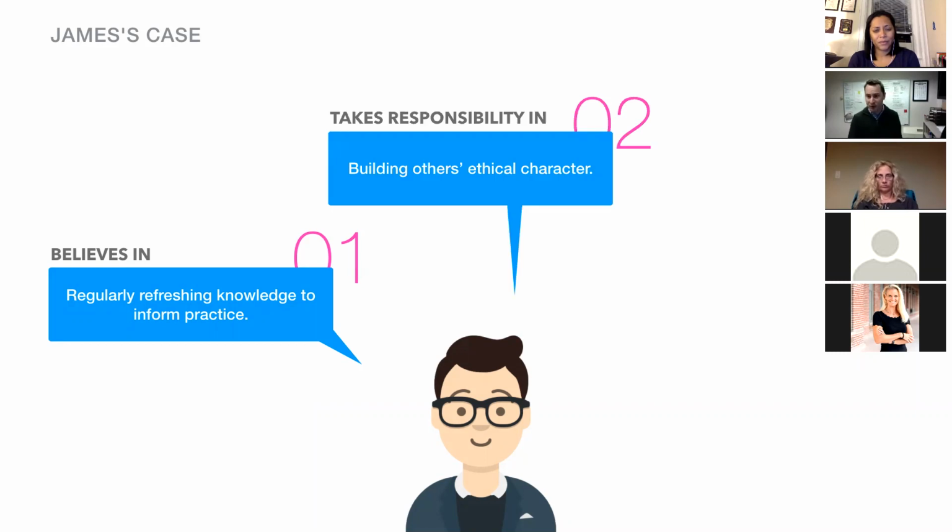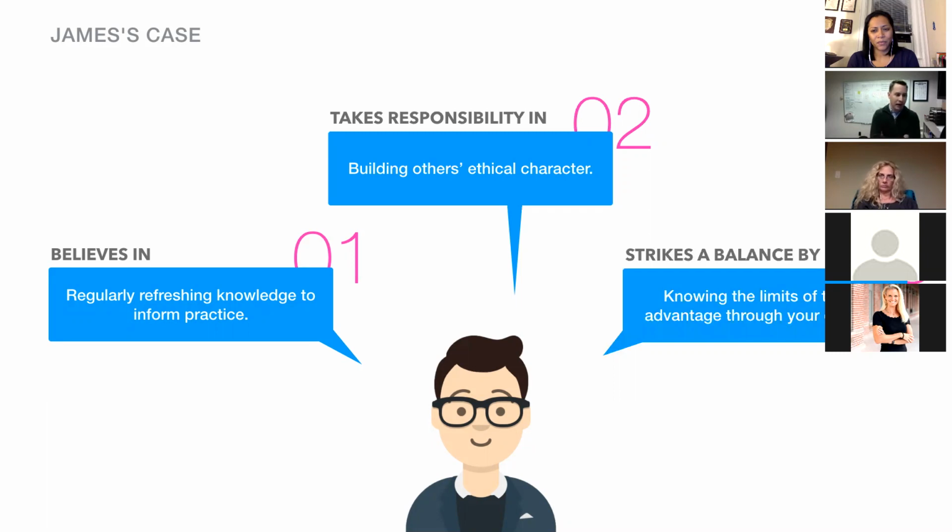He, as a manager, felt an immense responsibility towards the young designers within his team. And so his goal, he felt, was to build others' ethical character. Obviously, he wouldn't frame it in that way, but he saw that as a very important component of his work. And he tried to strike a balance, like in the example that I shared, by knowing the limits of taking